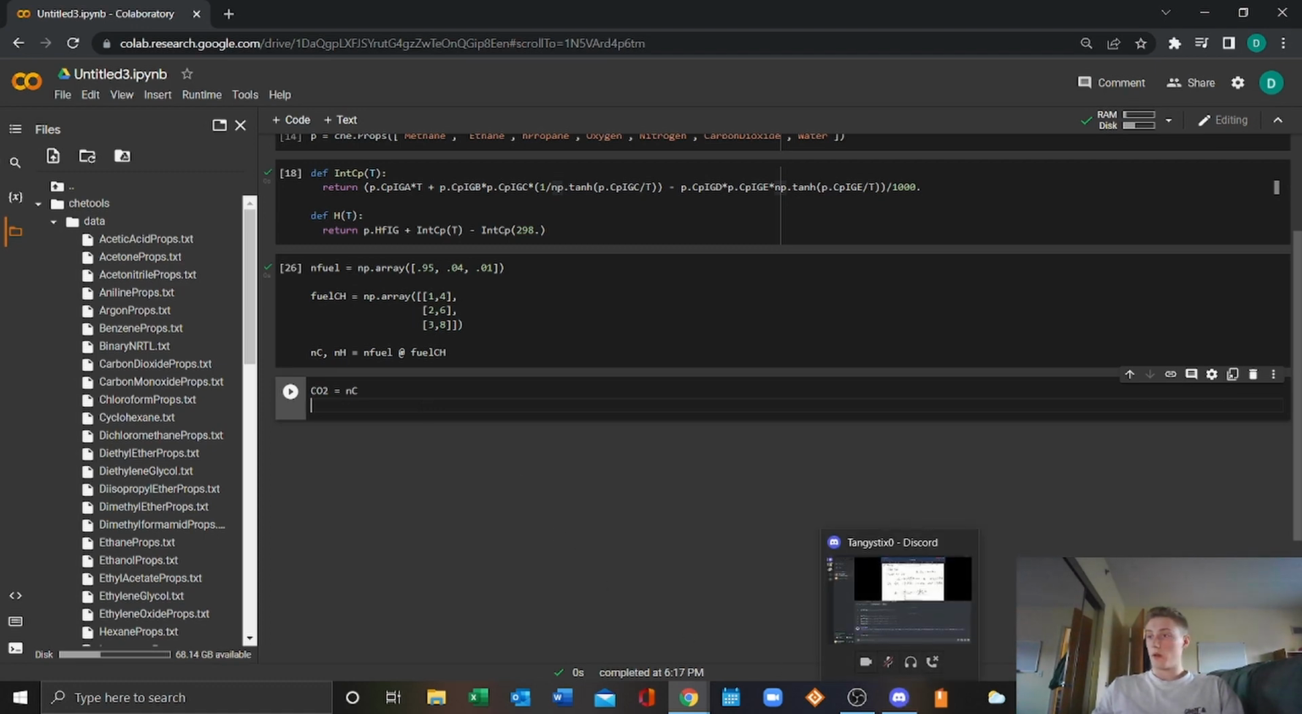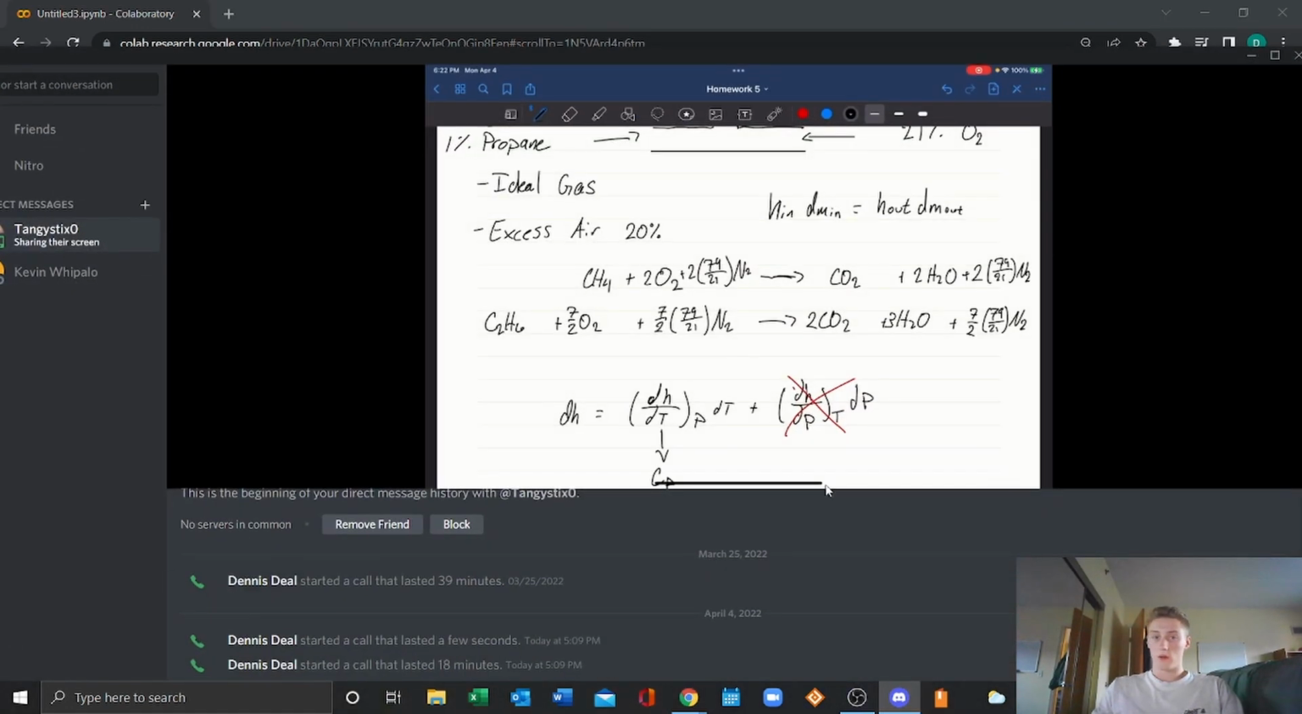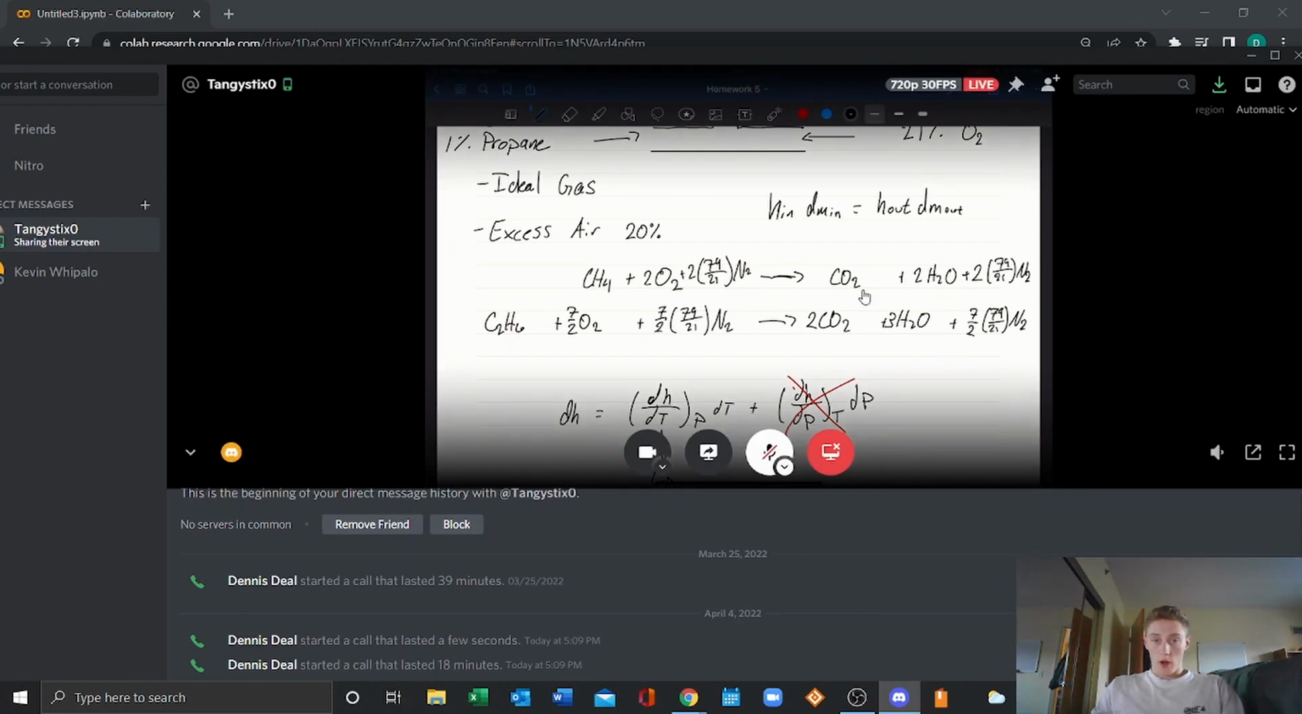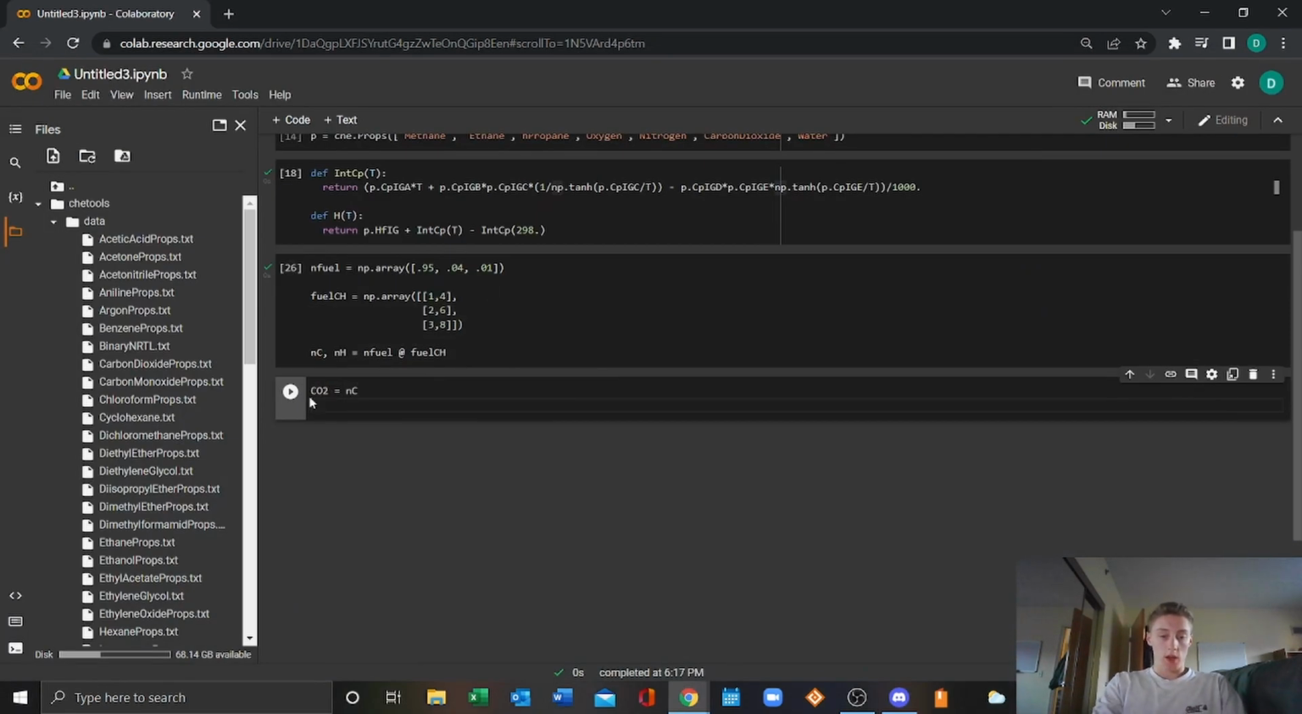For our next one, for the water, we have 2 H2O and 2 O2. And what you see here on the bottom one, we have 3 H2O and then 7 over 2 O2. So that is going to be, let's put N, now for the water, H2O,